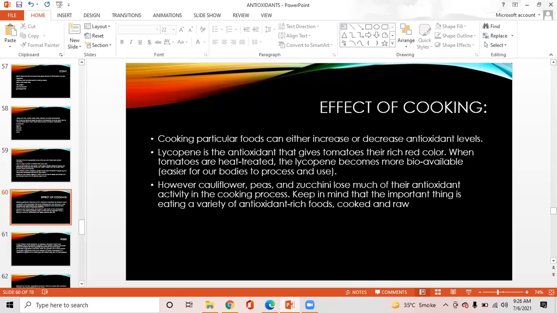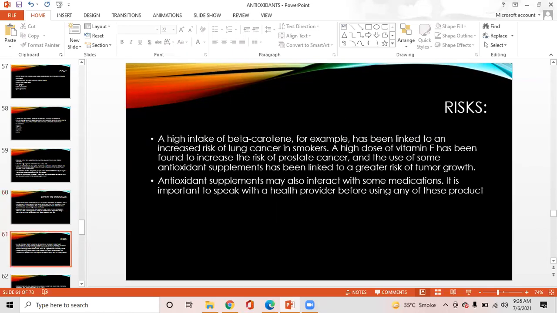Keep in mind that the important thing is eating a variety of antioxidant-rich food, cooked and raw. What can be the risks if a person is taking an excessive amount of these antioxidants? A high intake of beta carotenes, for example, has been linked to an increased risk of lung cancer in